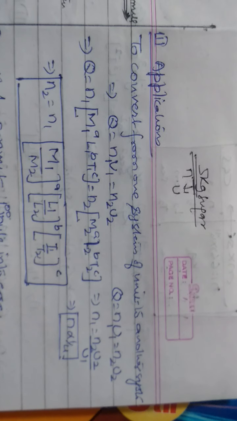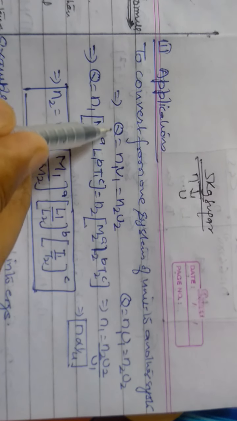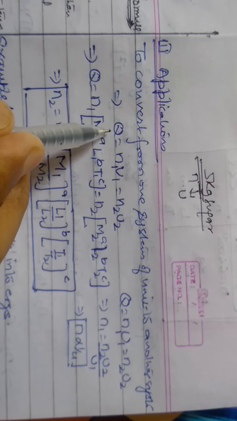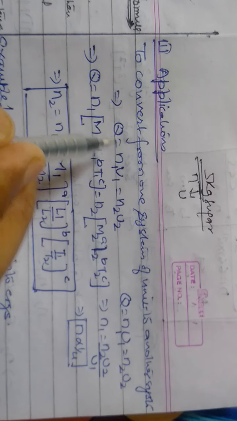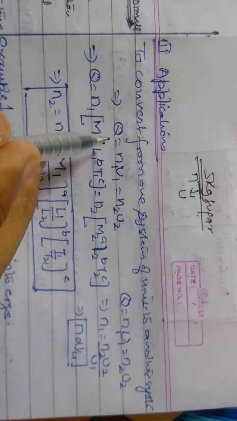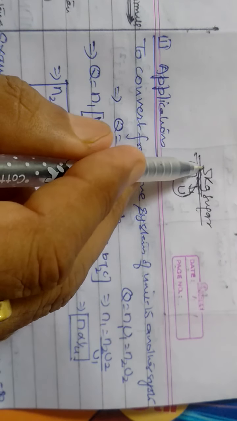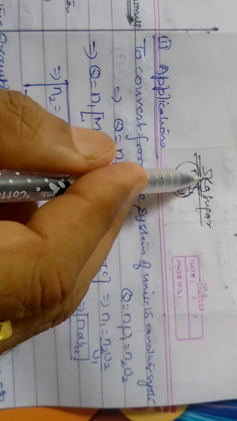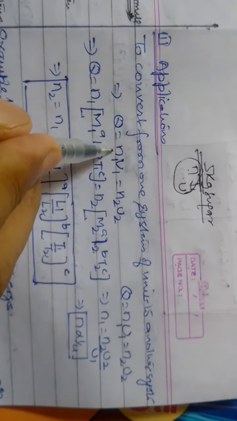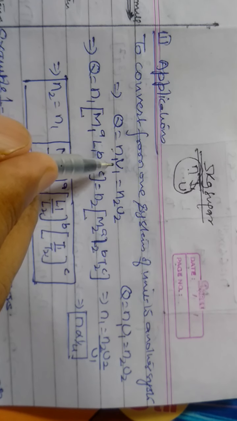So there are two things which we have to write whenever a quantity is used, or whenever we have to determine a quantity. We need two factors. First is magnitude, second is unit. 5 is the magnitude here, the numerical value, and kilogram is the unit. So n represents magnitude and u represents unit.